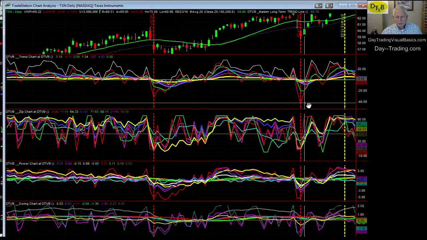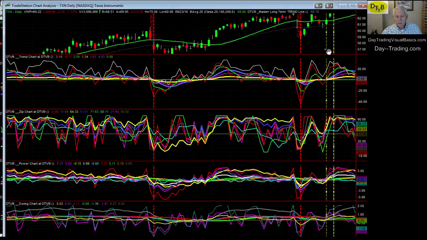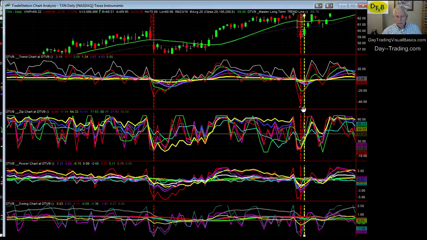Here's an example. I'm going to put this yellow line there, and that's the day I'm talking about. On the yellow vertical line, Zip red is at 98.22. On the red vertical line, Zip red is at 13.98. So it basically goes from 14 all the way up to 98 in one day, and goes up again the next day. So those are some of the rules of the zip red diff